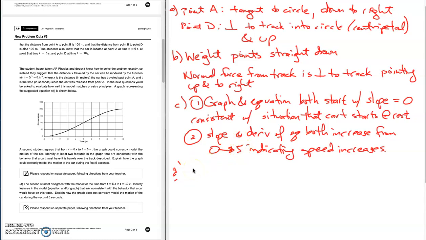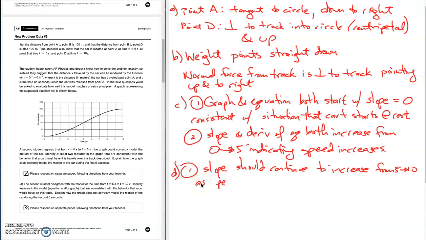So, D. All right, so number one, slope should continue to increase from 5 to 10 as the speed of the car